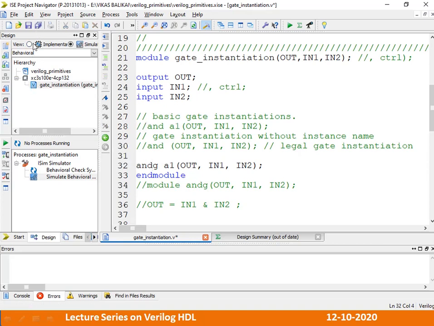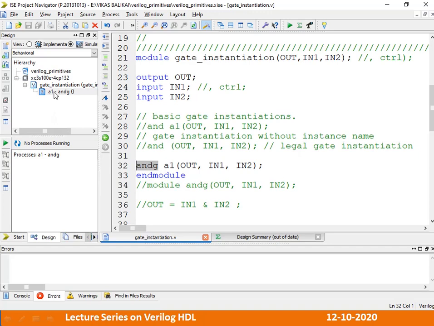Let's keep an eye over here. As you can see, there's a plus mark, which means if I open it up, there is a term coming. It says, boss, you have defined a new gate ANDG, and for this Xilinx tool, I don't know what the functionality of ANDG is. Now I say that it behaves as an AND gate, but then the tool should also know how it behaves.